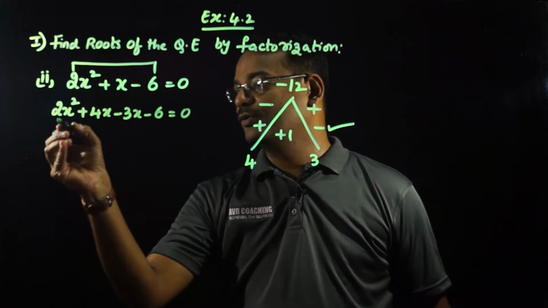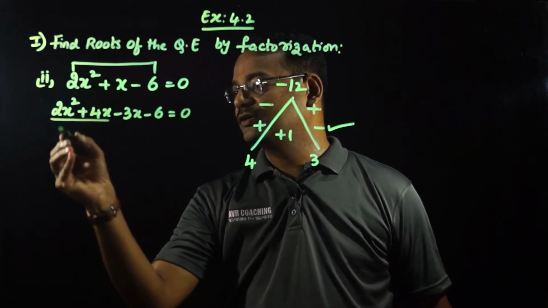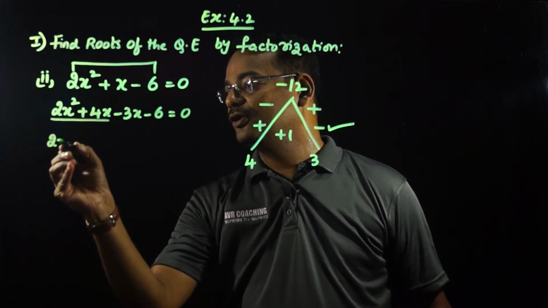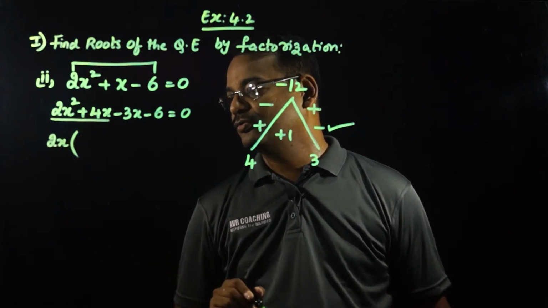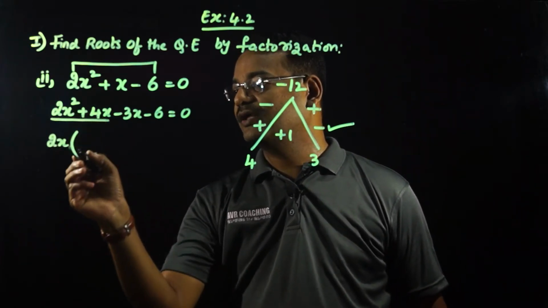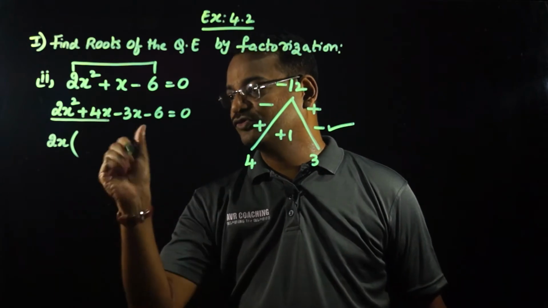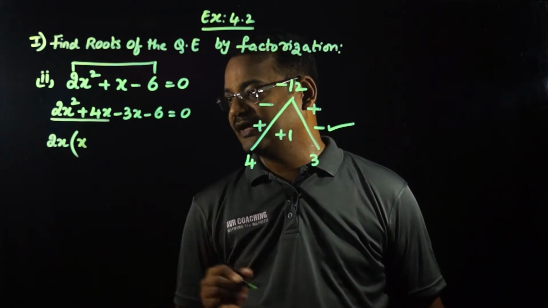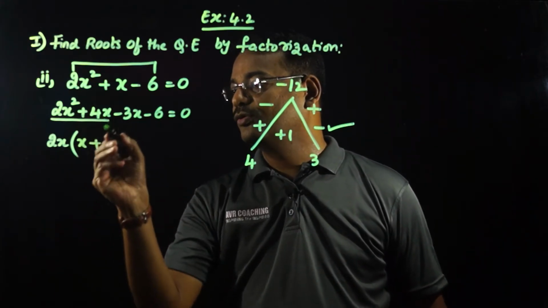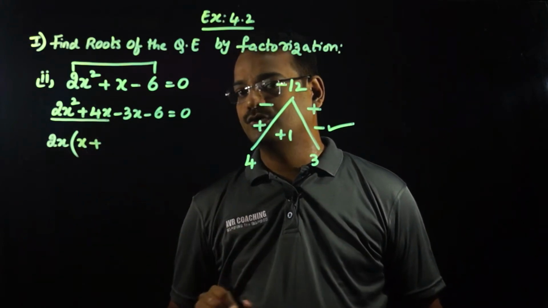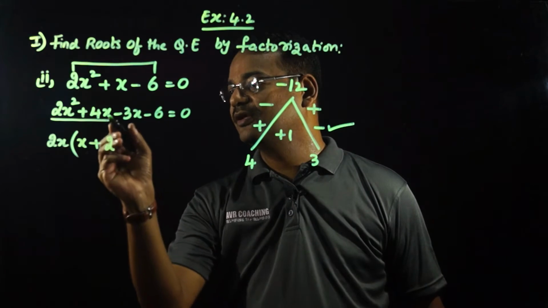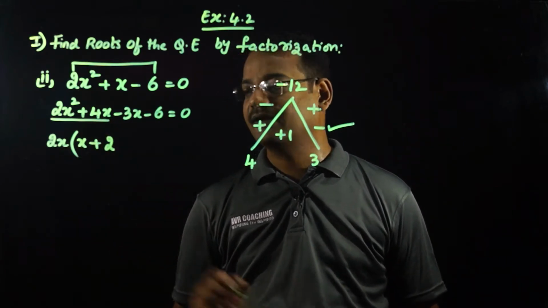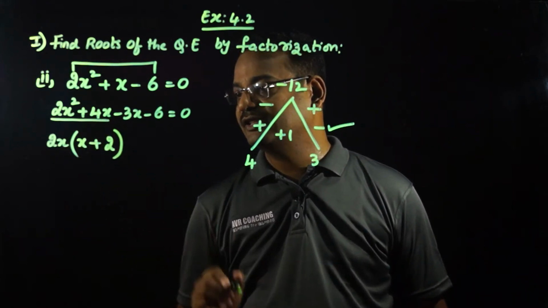Now in the first two terms we clearly have 2x as the common factor. So out of 2 we already got 2 outside the bracket. Out of x square we got x. So the remaining term is only x plus. Now out of 4 we got 2, so 2 multiplied by 2 is 4, that is the remaining term. X we already got outside the bracket, so we are not going to write anything in the bracket.